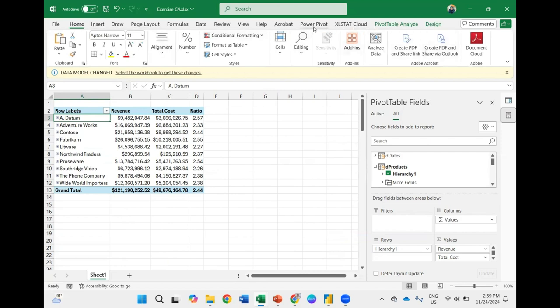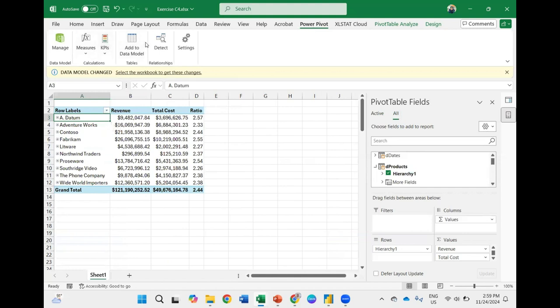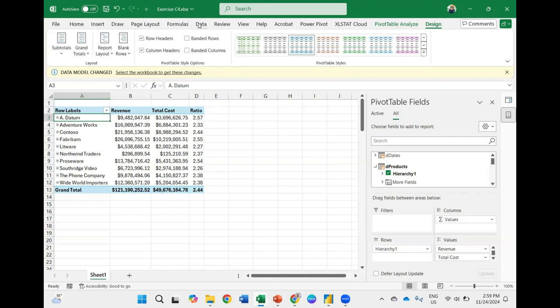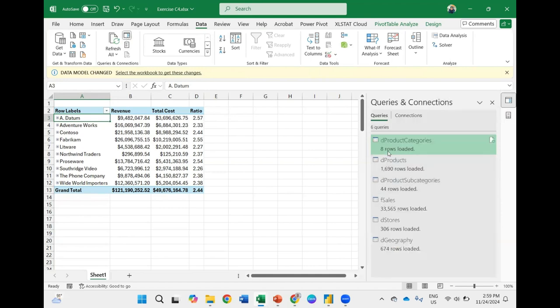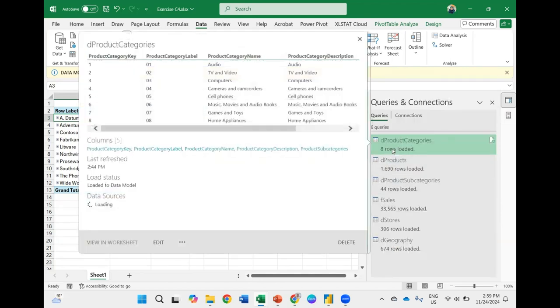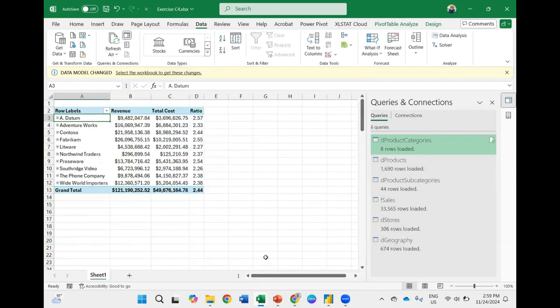You can do the refreshing here, or in the data, just refresh from the data source. If you have new data, just refresh and the calculation will automatically adjust based on the new data as well.